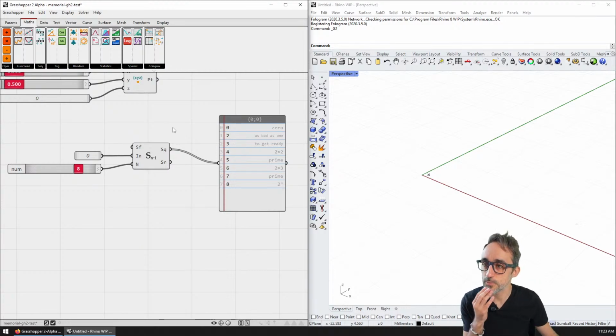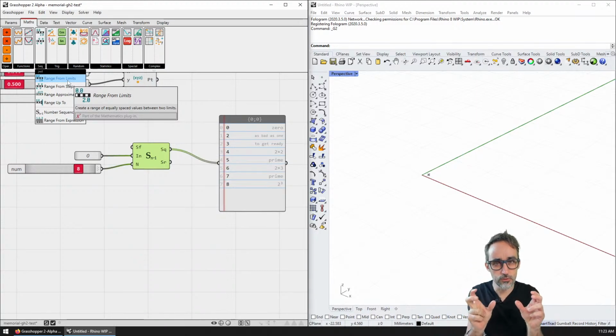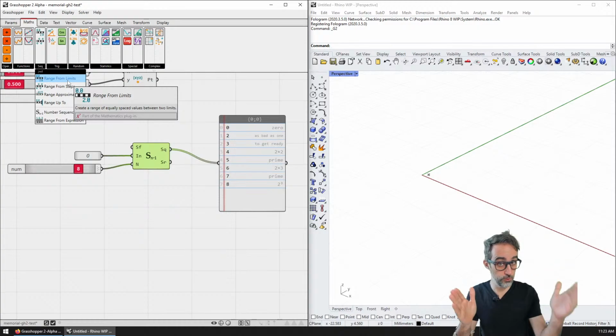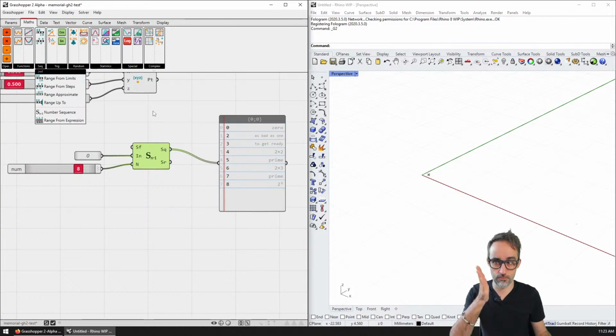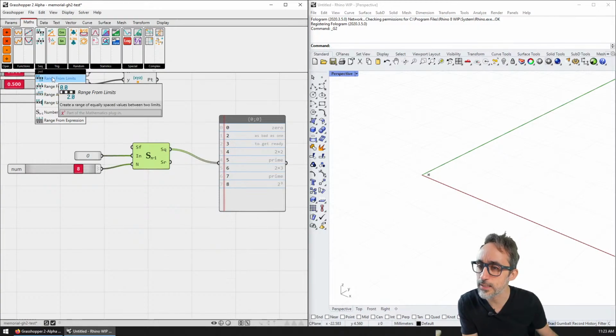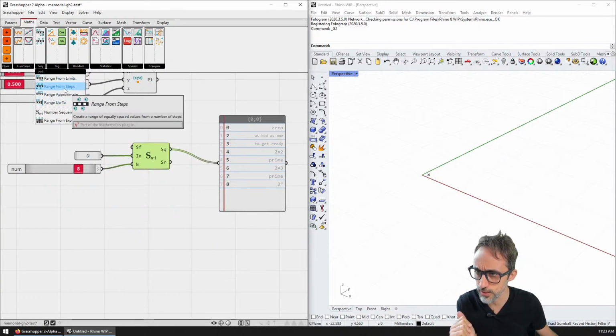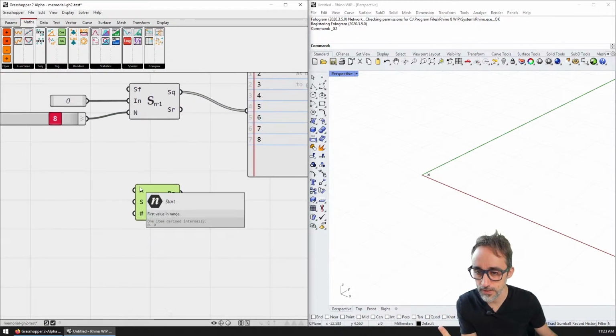Okay, I got this. The problem was that I was just choosing the wrong component, really. It turns out that before, in Grasshopper 1, we had two words. We had the range when we wanted to create numbers between two extremes, and we had series when we wanted to create numbers starting at one point and controlling the interval. Now it looks like everything is called range, and if we choose range from steps, then what we get is